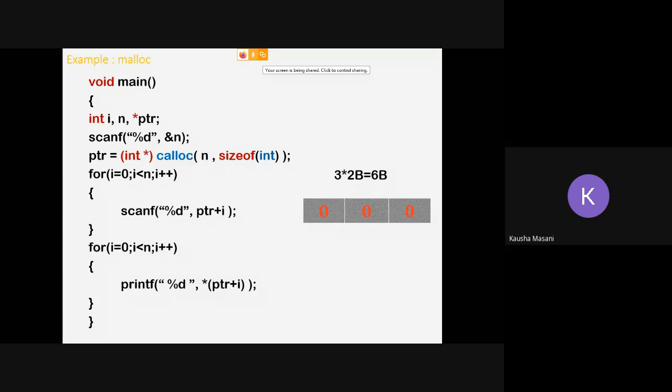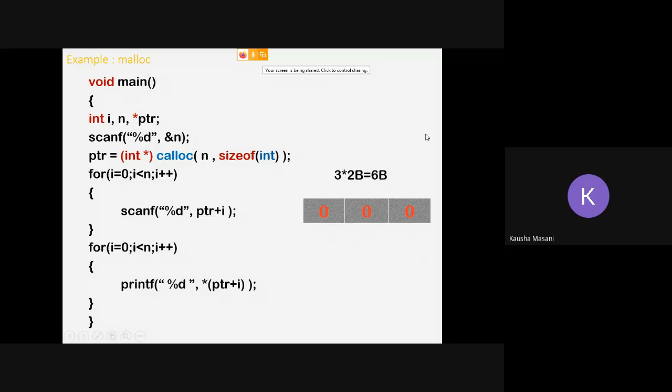As you can see on the screen, I have demonstrated 3 into 2 bytes. Why 2 bytes? Because I have given n equal to 3 here, and the size of integer taken by the compiler is 2 bytes. So 3 into 2 bytes, so 6 bytes. The compiler went and assigned 3 memory blocks, and these 3 memory blocks are not necessarily continuous.